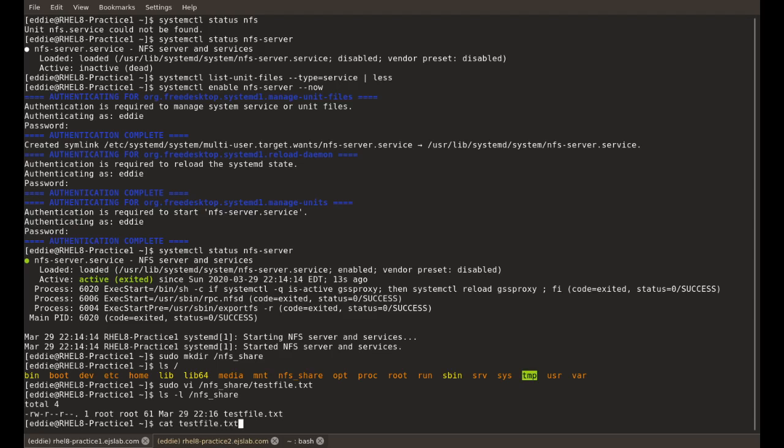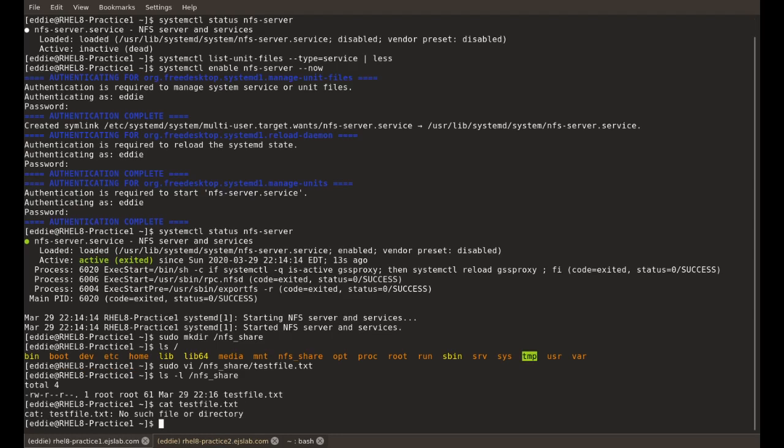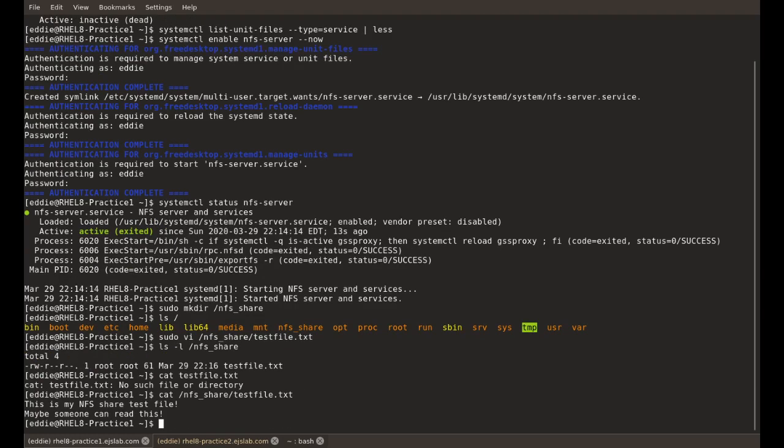One thing I think I'll be doing on the exam a good bit is, anytime I'm making a configuration file and such, I'll probably try to cat and grep and such just to make 100% sure that the file is actually made. All right, so at this point I have what I want to use for my file share. I have my test file. Next thing that we need to do is